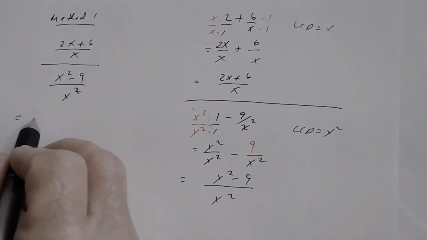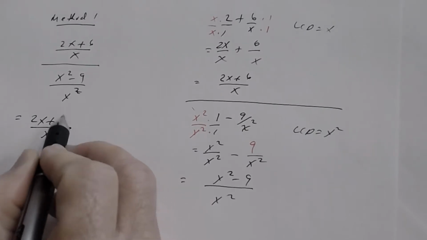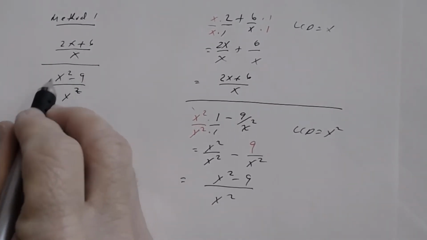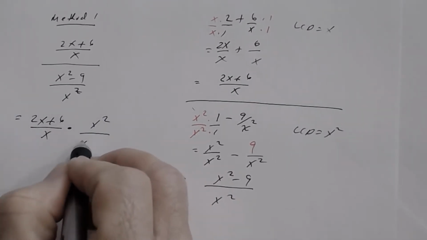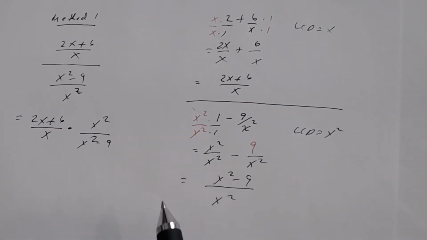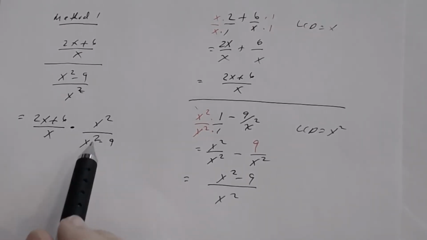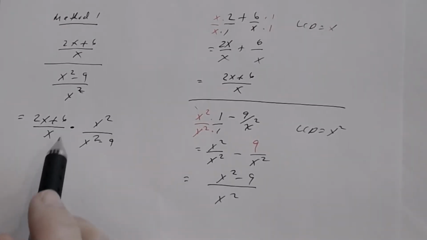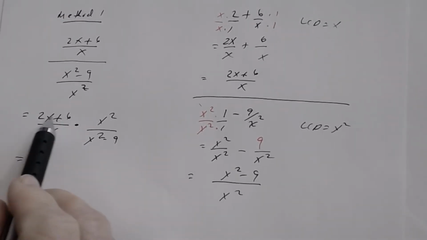a multiplication problem. So then I get 2x plus 6 divided by x times the reciprocal of the denominator. So that's x squared divided by x squared minus 9. All right, now remember, just like you did in previous lessons when you multiplied rational expressions, you got to factor first. So when I factor, and it's always a good idea to rewrite it,